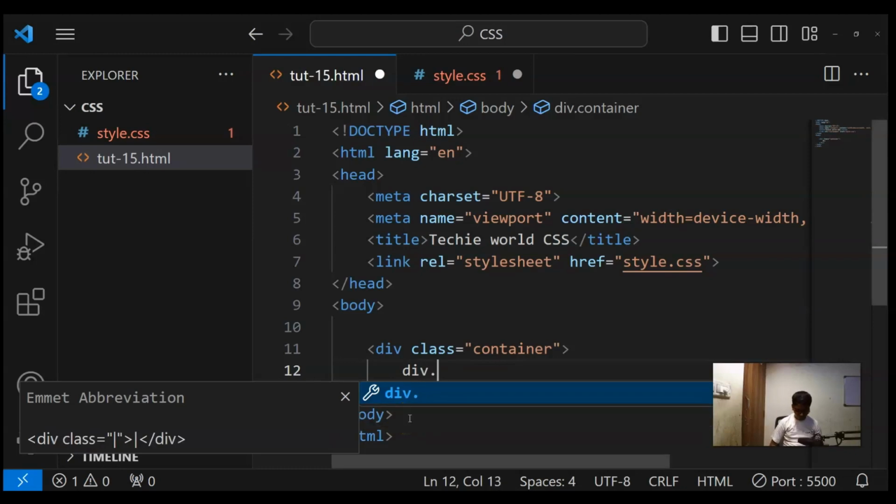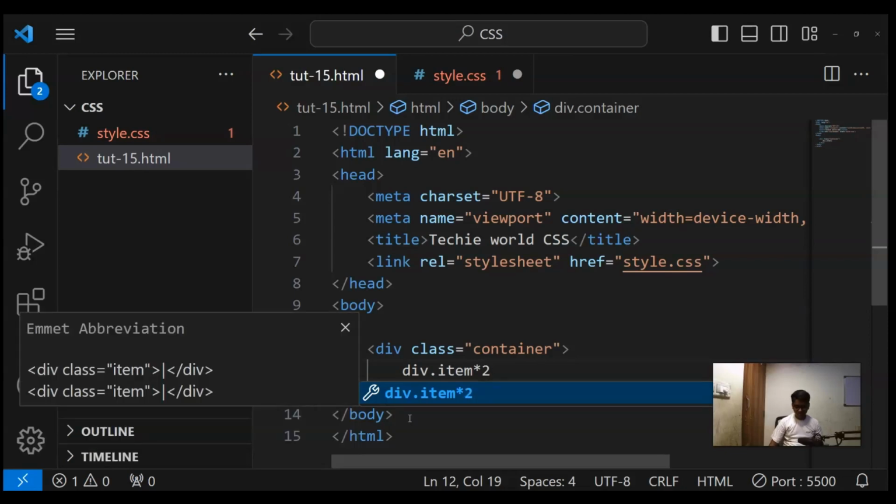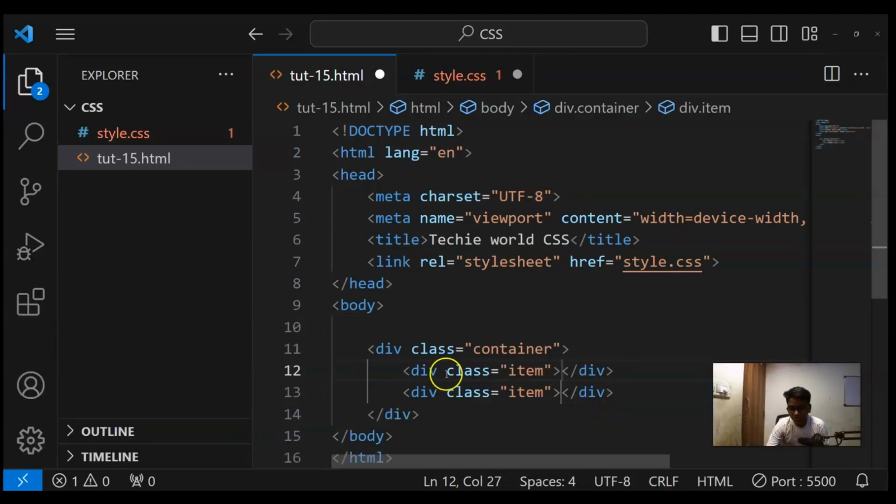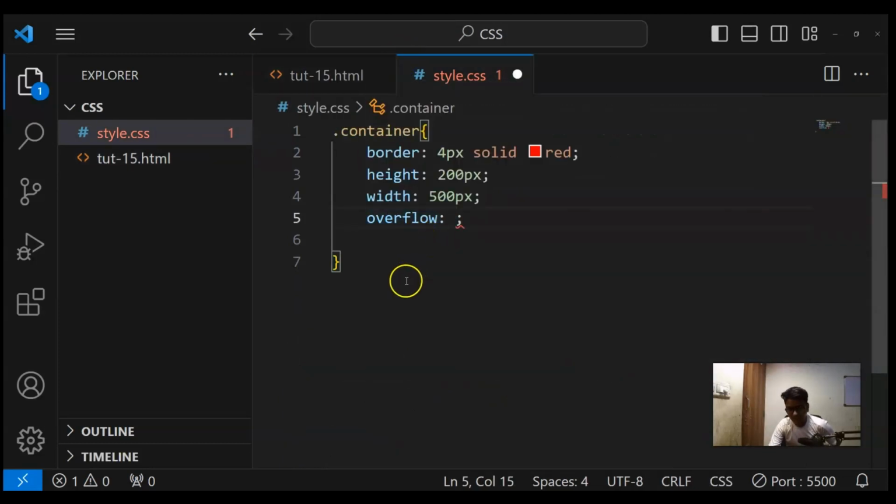Div dot items, and multiply it with, let's say, if I want 2 items, so I will get 2 similar types of div with a class item over here, and I'll save this. I'll go to the browser, and